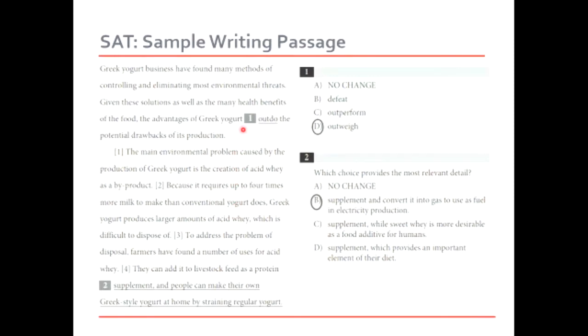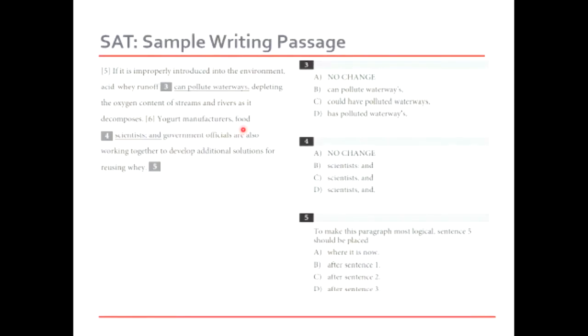Now let's look at the next sentence, the one that we have to move. This talks about how we can reuse whey. So once again, not a smooth transition. The first sentence is talking about how advantageous the use of Greek yogurt is, whereas this sentence talks about who are the people working on solutions to reuse whey. So option B is not the right choice. Then option C,